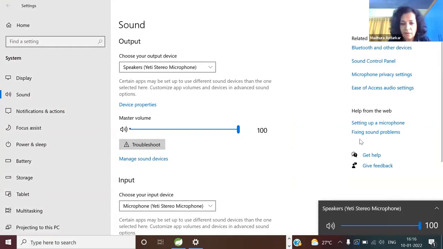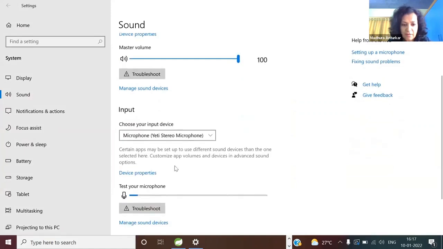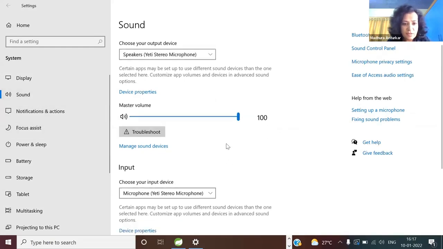Okay, let me check the other options also. Speakers. Choose your input device is Yeti. This is the latest thing I have added. Otherwise, I'll remove it and I'll check. But it was working fine the other day, I guess. Where else did you say, sound mixer?